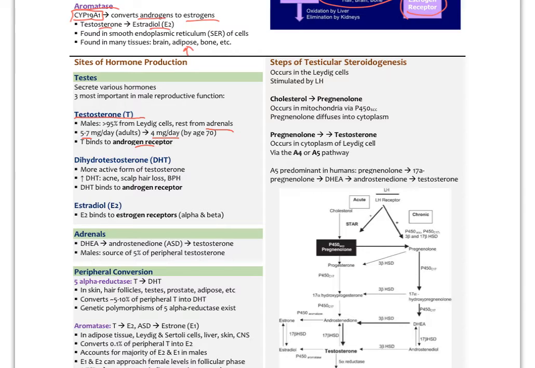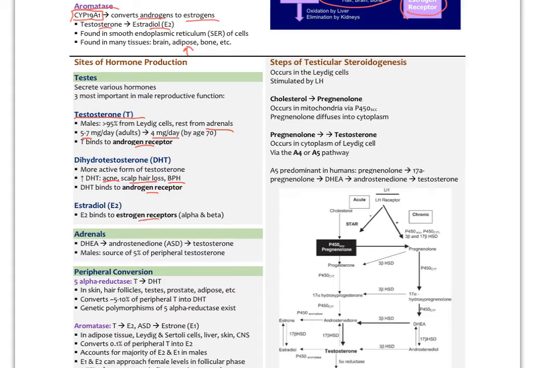Dihydrotestosterone, again, is more active than testosterone, and we see increased DHT in acne, scalp hair loss, and BPH. Those are the three primary conditions we usually think about with dihydrotestosterone. And then DHT binds to the androgen receptor as well, but again with higher affinity. And then estradiol, also produced in the testes, but again from peripheral conversion, which I'll cover here, is going to